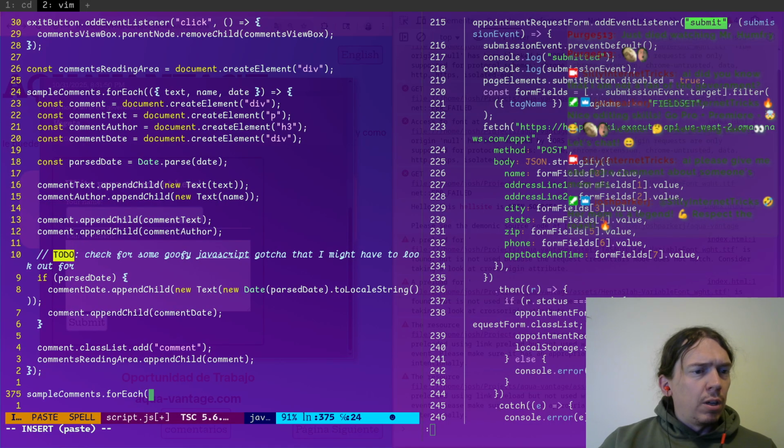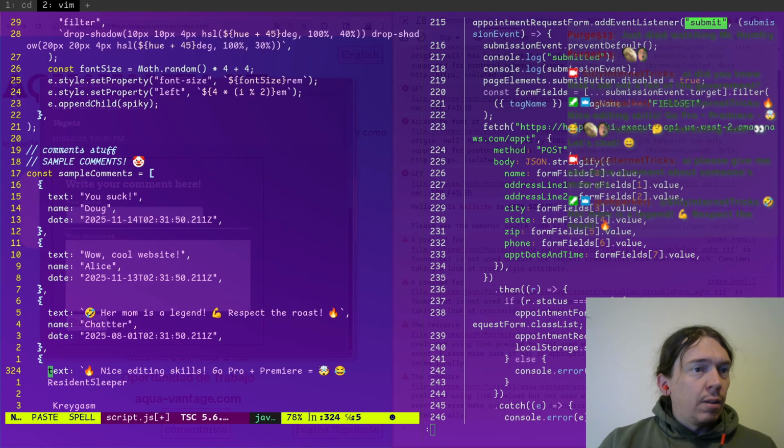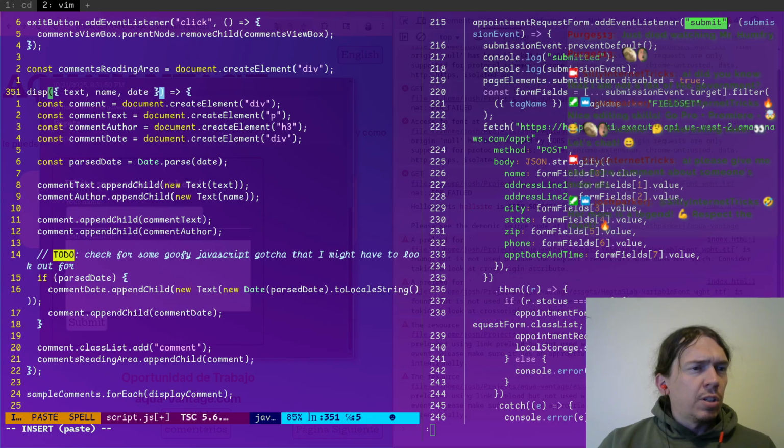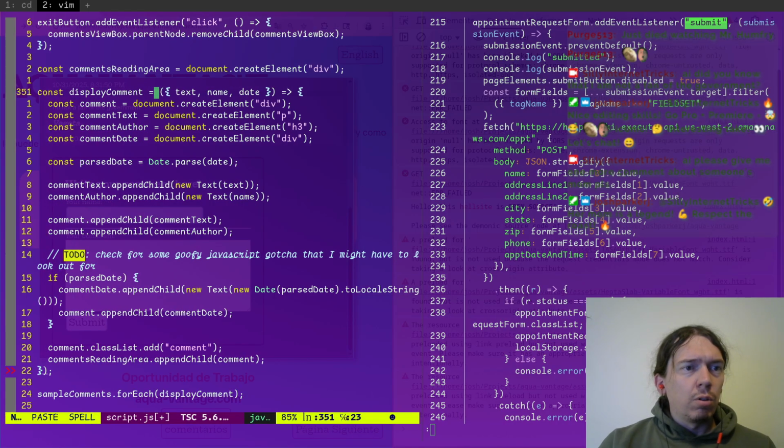And so this will be display comment. So this will be const display comment equals.